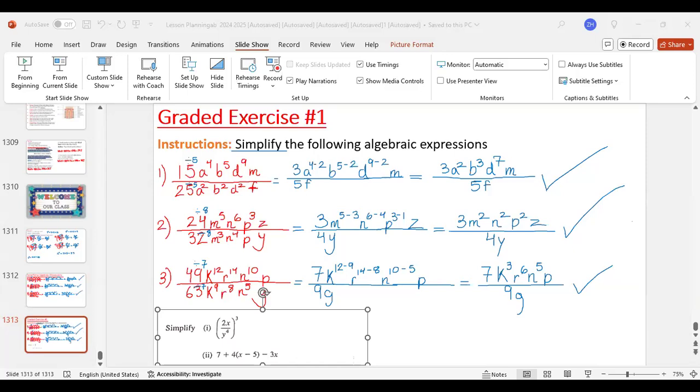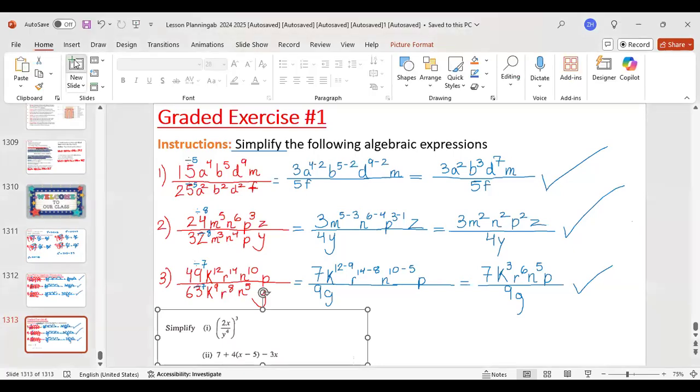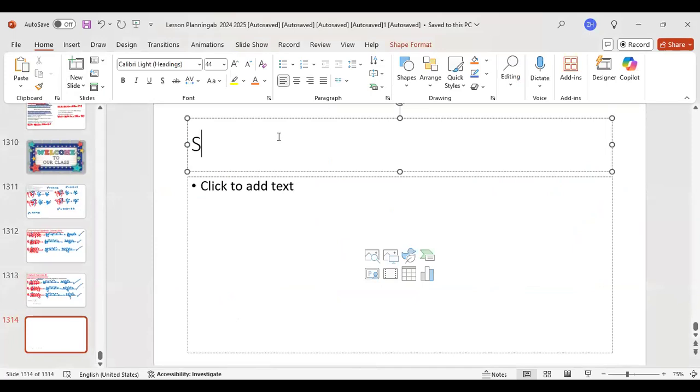Okay, so let's move on to our next section. If you found this section to be difficult, hopefully you find this next section to be easier. So we're going to change this section. It's going to be section number 2. We're going to be dealing with